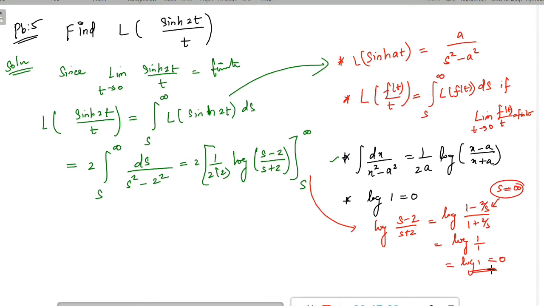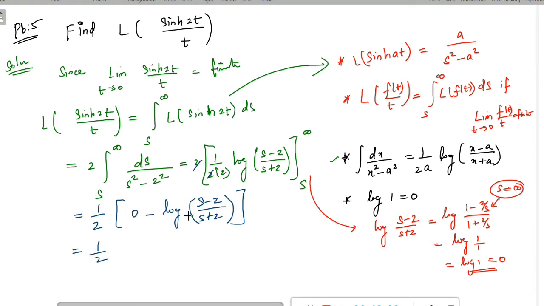If you apply it directly, we can't apply s equal to infinity here, because log infinity by infinity we don't know. So before substituting infinity, try to convert 1 by s to 2 by s, like this. From that you can cancel this 2 term. So 1 by 2, 0 minus log of (s minus 2) divided by (s plus 2), which is equal to